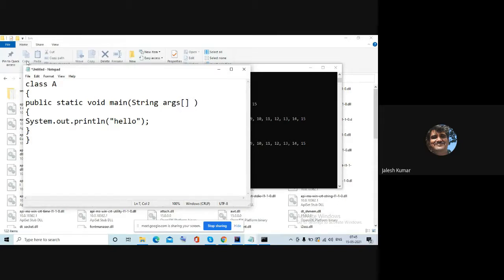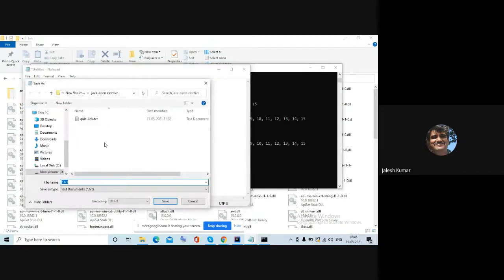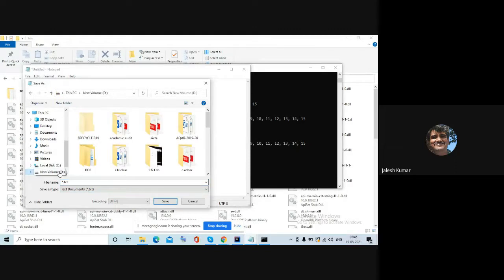And after that, where to save? Anywhere you can save, because you already set the path. So, save as. Whenever you are saving that file, I will save it in the D drive. Okay, see, in double quotes